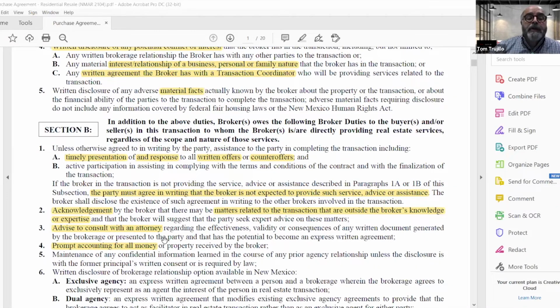Advise to consult with an attorney. Guess why we have so many addendums and amendments? It's because too many of us have decided that the amendment is the answer for everything. And so we start writing our own amendment that is going to maybe, hopefully, get the deal through. The problem is, if you're writing over 3 sentences, you're being an attorney. Trust me. Hence the reason that we have all these addendums and amendments these days,